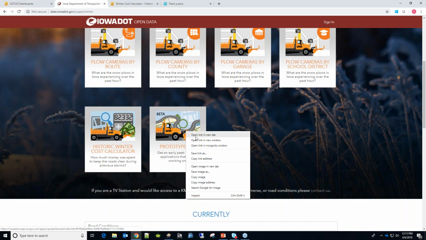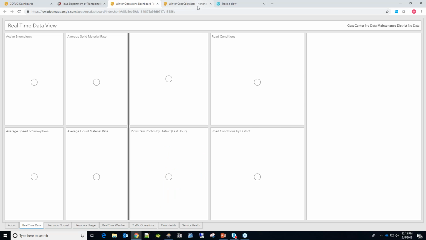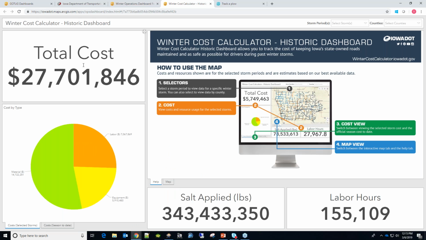Whoops, wrong one, Prototype Lab. There we go. So while this one loads, this is our winter cost calculator historic dashboard. So we have the winter cost calculator, and then this one, which records the last 48 hours worth of data.